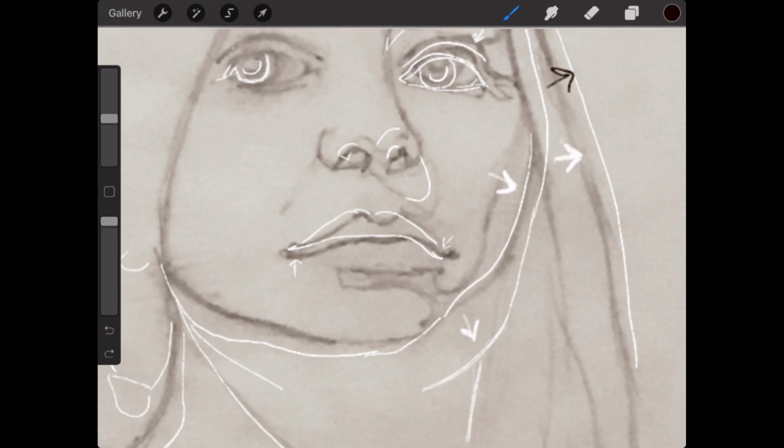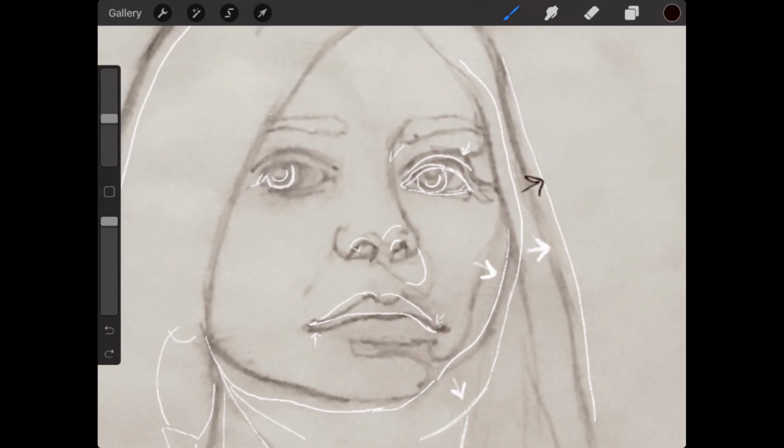And one trick for checking if the width of your mouth is correct is to take a plumb line. And I did do a post on how to create a plumb line. You just take a thread, like a sewing thread or a thin piece of string, and you tie a weight to one end, and then you hold it vertically up to your drawing while it's up on your easel, and you can draw these vertical lines to help you see alignment between the features.